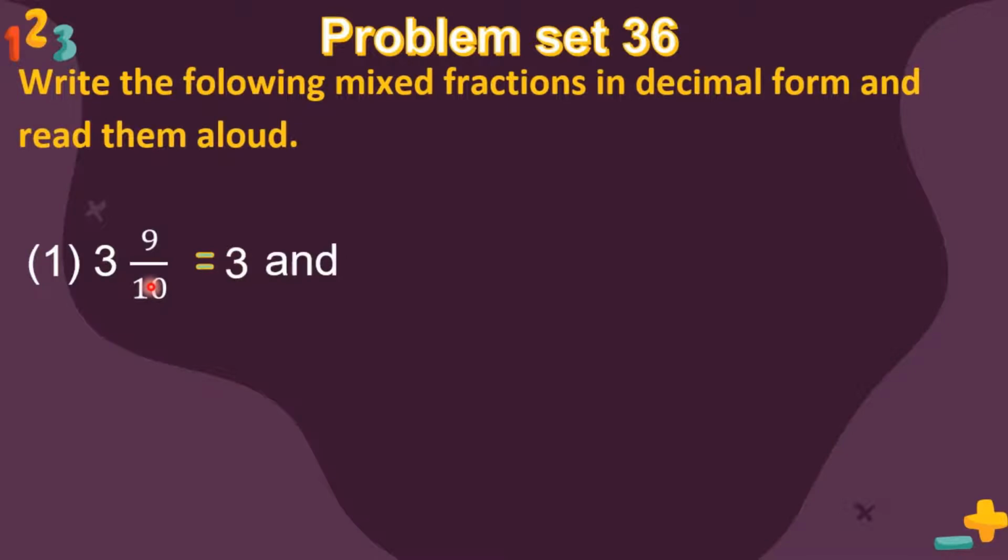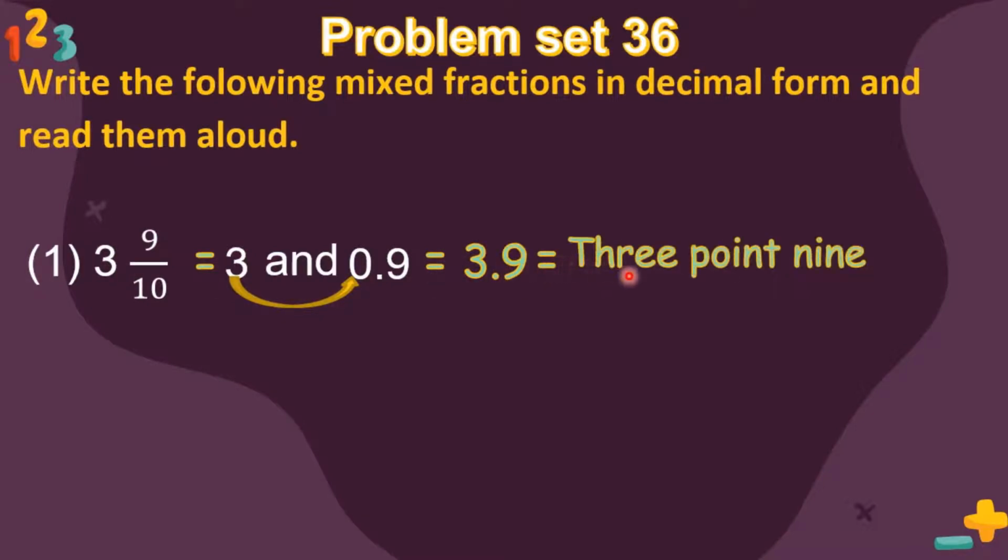So we write 3 as it is and 9 upon 10 can be written as 0.9 using a decimal point. Now, while writing this mixed fraction in decimal form, the whole number 3 takes the place of 0 in the decimal fraction. So we write this mixed fraction as 3.9 and it can be read as